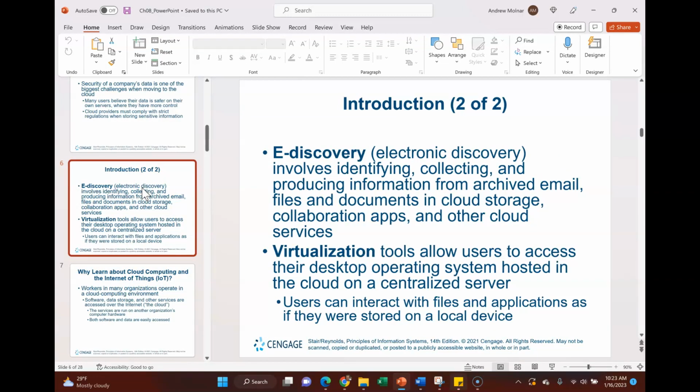Now, a couple of definitions to know. One is e-discovery. This involves identifying, collecting, and producing information from email that you've archived and other documents in cloud storage and other collaboration tools. Virtualization is a tool that allows users access to their desktop operating system, but it's hosted in the cloud on a centralized server.